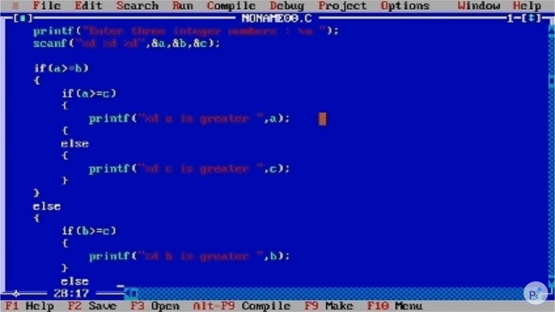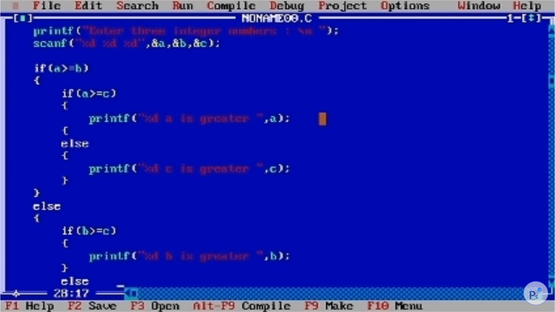Okay, else if variable a is not greater, this condition will be false, so it will jump over to else and check if b is greater than c, meaning the b variable is greater than a, because the first condition is false. If the first condition is false, it represents that a is smaller than b.